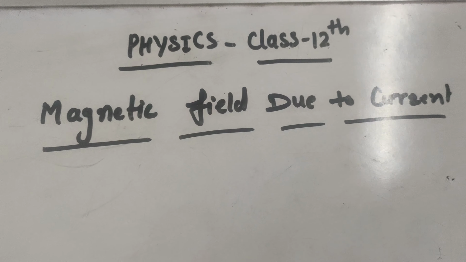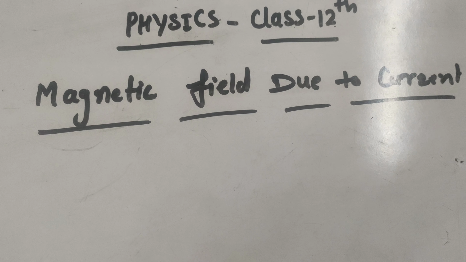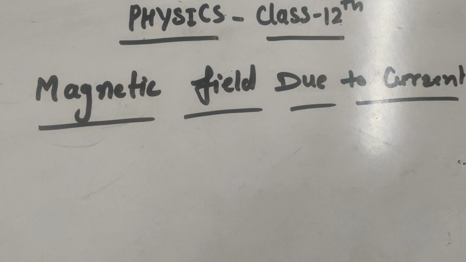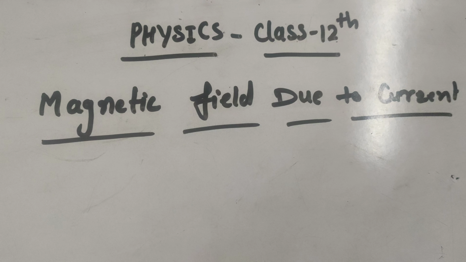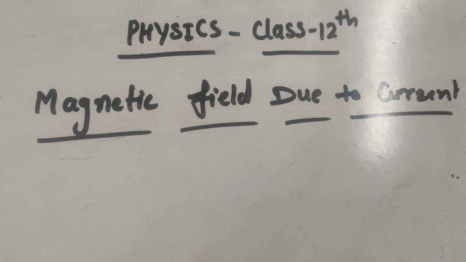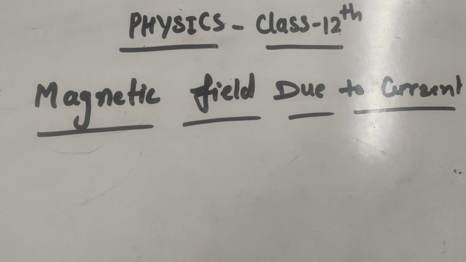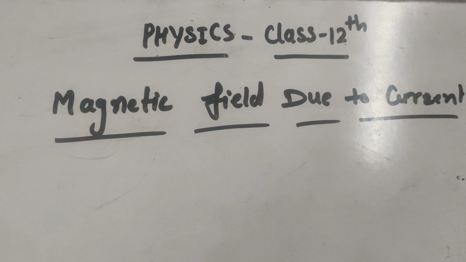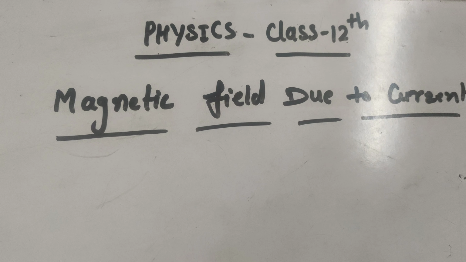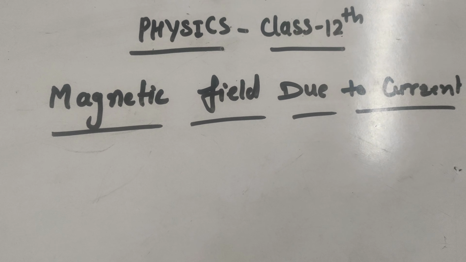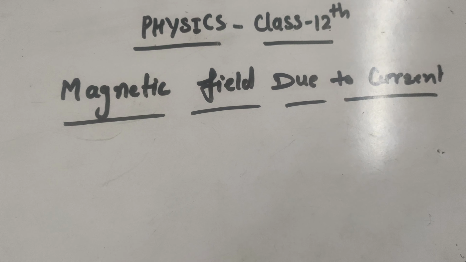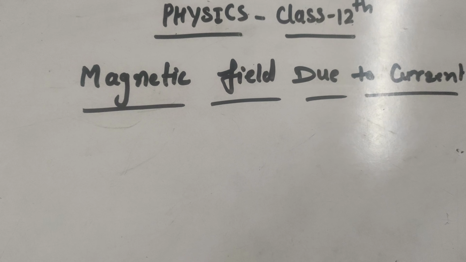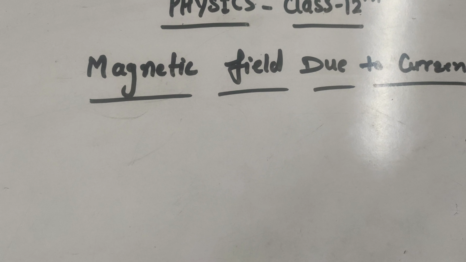Good morning, students. Today we are going to start chapter 1 of unit 3, which is magnetic field due to current. To start with, let us have a slight introduction about the magnetic field due to current. Earlier it was found experimentally that when a current carrying conductor is kept near a magnetic compass needle, it is found to get deflected, and if we sprinkle some iron filings along with the wire carrying current, it takes a